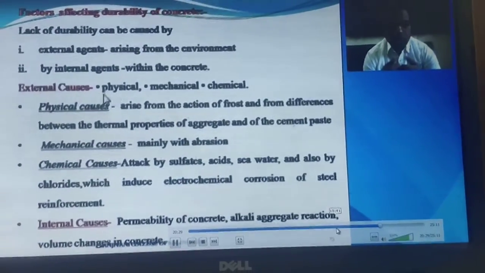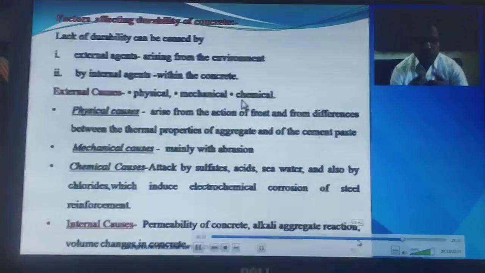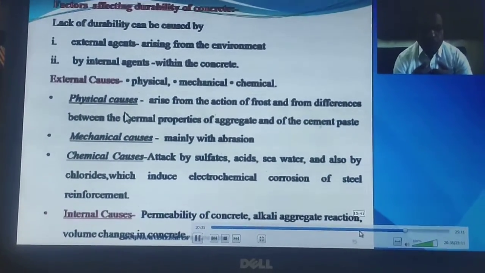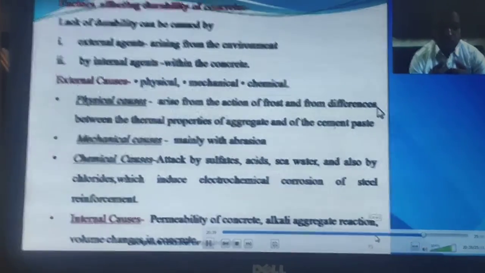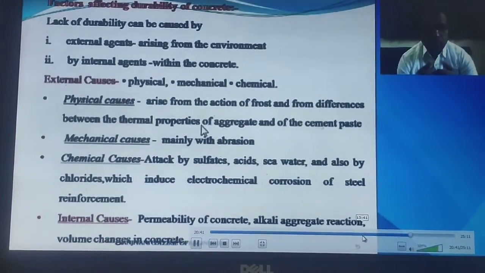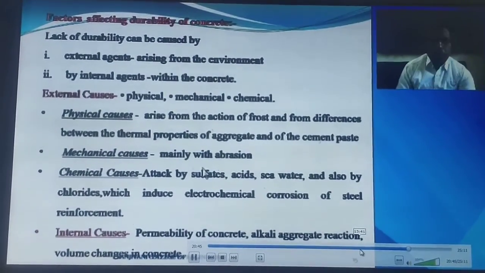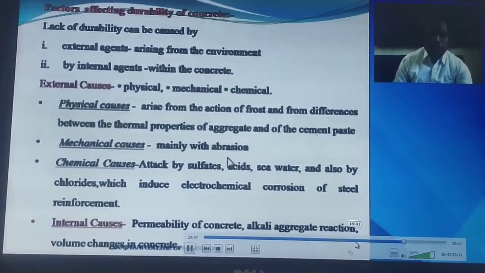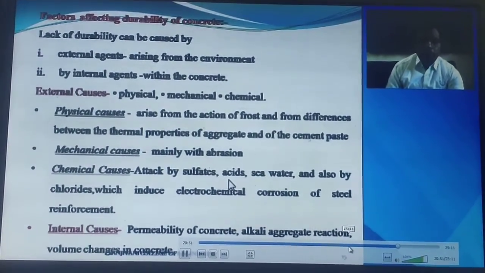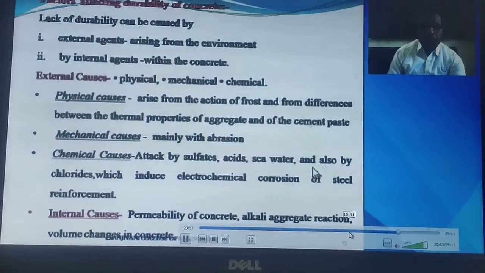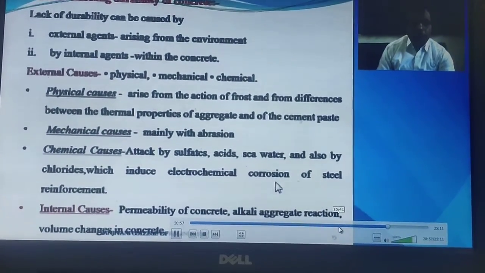So what are the external causes? Physical causes are there, mechanical causes are there, chemical causes are there. Physical causes arise from the action of frost and from the difference between the thermal properties of aggregate and of the cement paste. Mechanical causes are mainly abrasion. What are the chemical causes? Attack of sulfate, attack of acid, attack of sea water, and also chlorides, which include electrochemical corrosion of